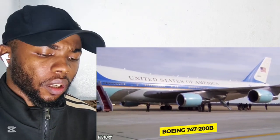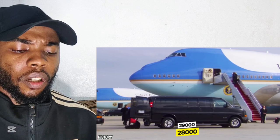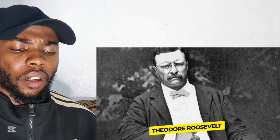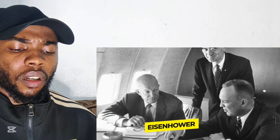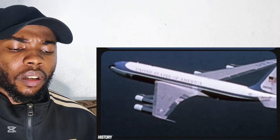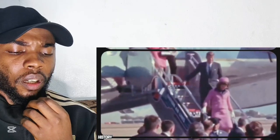Two? They're both highly customized Boeing 747-200B series aircrafts, which carry the tail codes 28,000 and 29,000 respectively. While Theodore Roosevelt became the first US president to fly in an aircraft way back in 1910, it wasn't until 1953 with President Eisenhower that the term Air Force One was officially born, but we'll circle back to that unique moniker in a jiffy. In 1962, JFK became the first to fly in a jet specifically built for presidential use,